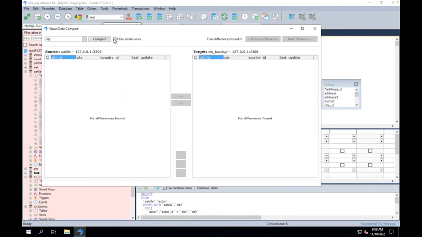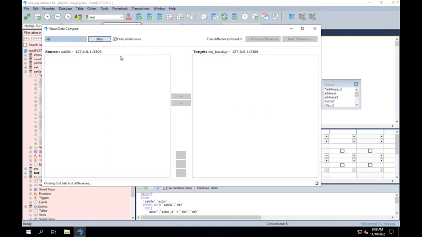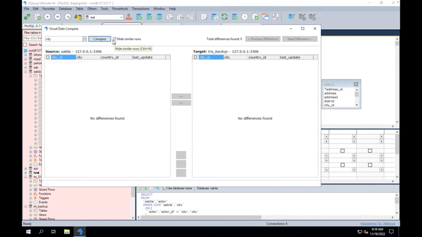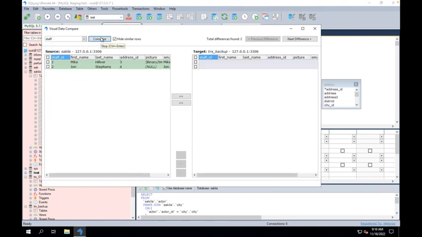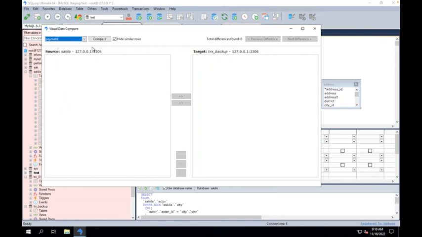We have an option that hides similar rows. So if you want, you can just hide the similar rows as well, or you can display the similar rows. It's up to you. You just need to pick up databases. It looks like I'll have to pick up a different one, but as you see, it's displaying here. Let's see if we can find something with